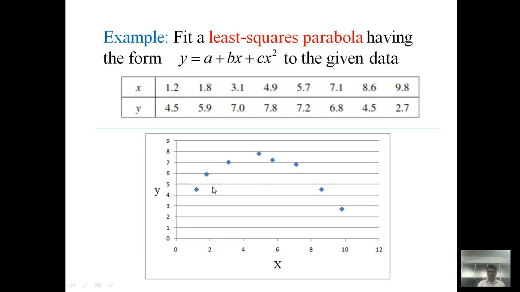Our aim is to find the equation of parabola in such a manner that it is a least square parabola. That is, the sum of di square should be minimum. Remember, our aim is not to find the equation of parabola which covers the maximum number of points. It is not our aim. Our aim is to find the equation of parabola such that it is a least square parabola. And least square means the sum of deviations, after taking a square, should be minimum.